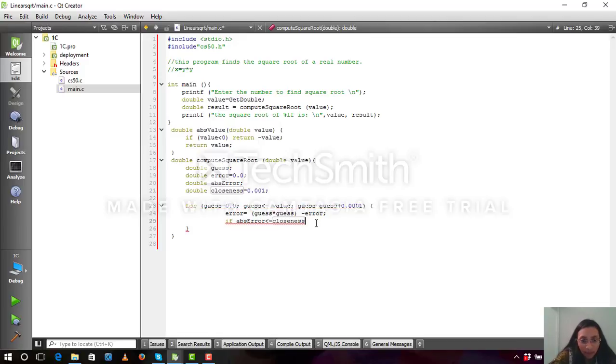Okay, maybe it's not going to give the accurate result. Like if we enter the number 4, it is not going to show 2, but it will show 1.9 something, because the closeness is 0.001. So we will write now that if the abs error is less than or equal to closeness, then the program will end. So return the guess, because the guess will be the answer at that moment. Return guess,